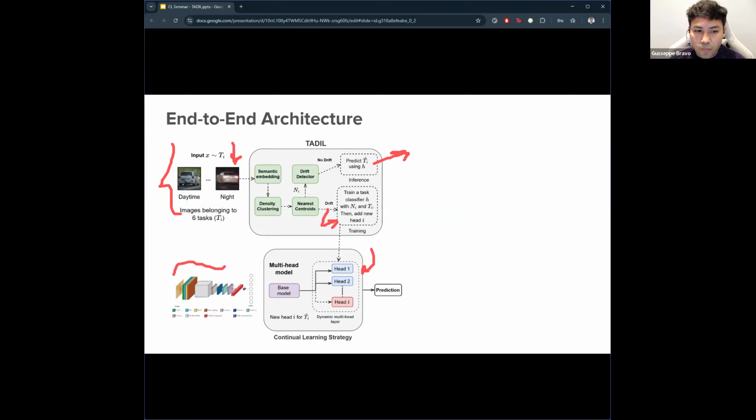In this case, we use the ResNet model, which started with just one head. But if we find new tasks, we can add new heads. So the idea is to help this model overcome new domains by using both the drift model and the task model. That's mostly the idea.